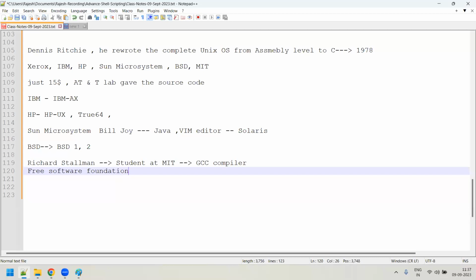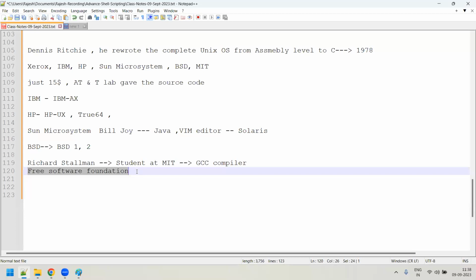What he says is that if anyone is willing, suppose tomorrow you have designed your own application, or any system level application, you can give your code under the Free Software Foundation such that it is easily available to anyone.